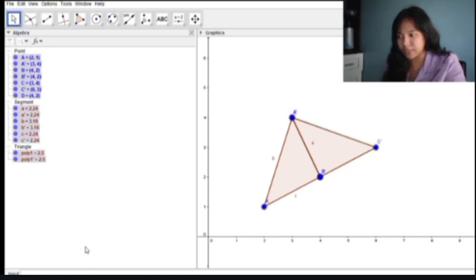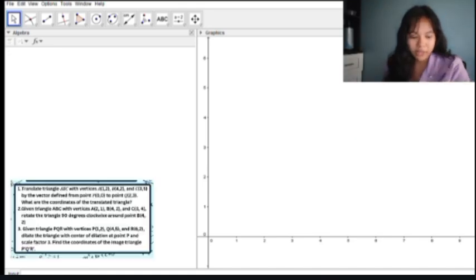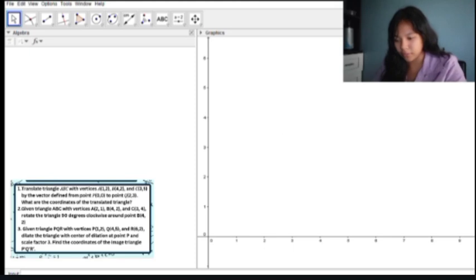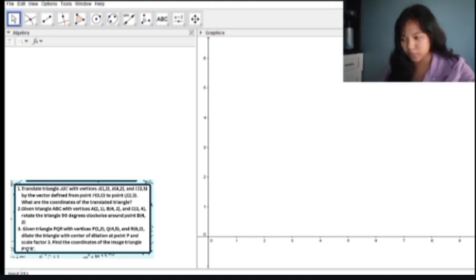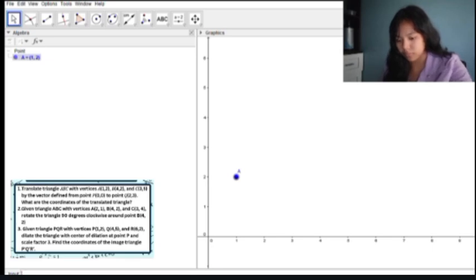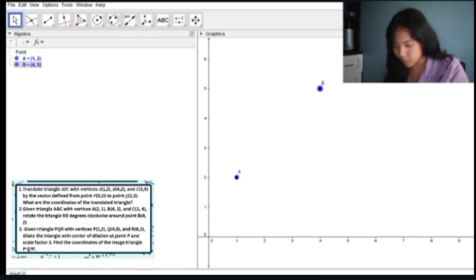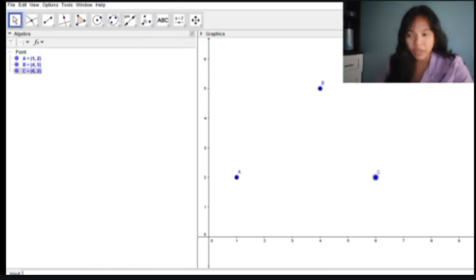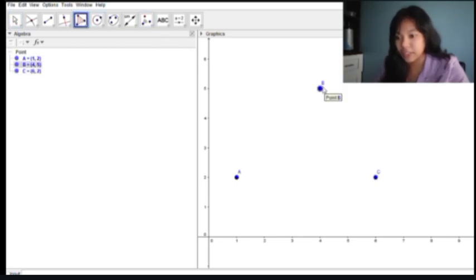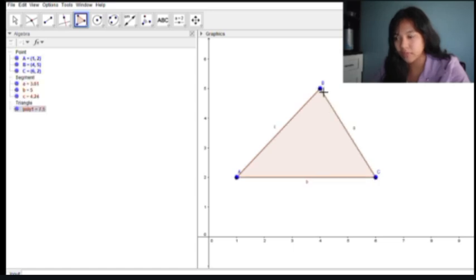For question number 3, triangle PQR has the coordinates 1, 2, 4, 5, 6, and 2. So dilate it. First, make it as a triangle. Then dilate using